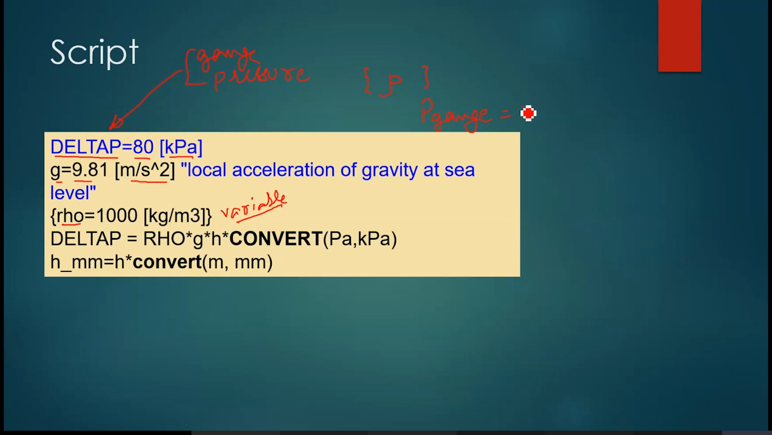is equivalent to rho, which is density, multiplied by G, which is gravity, multiplied by H. Now, P gauge is basically in kilopascal, and this over here is in pascals. So what I do is that I can convert any unit, I multiply it and use an inbuilt function which is convert. This is an inbuilt function which says that you will be converting pascals to kilopascal to keep your equation homogeneous. So I multiply and I write over here